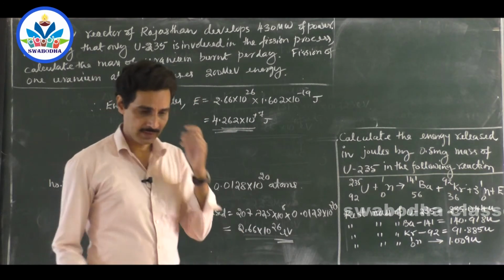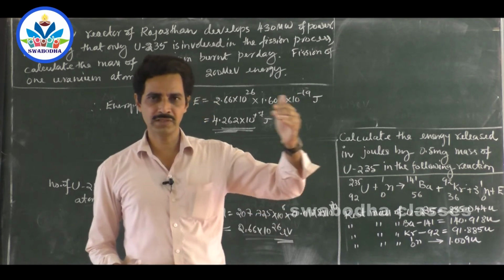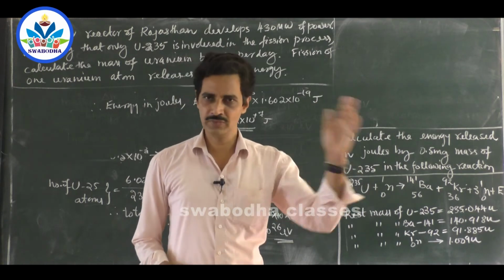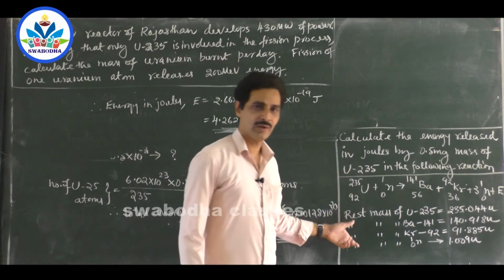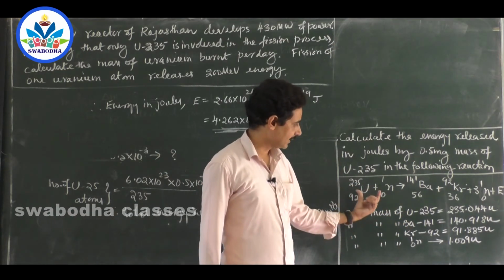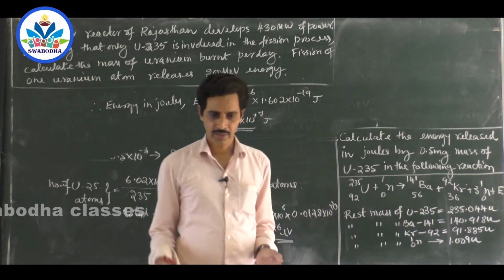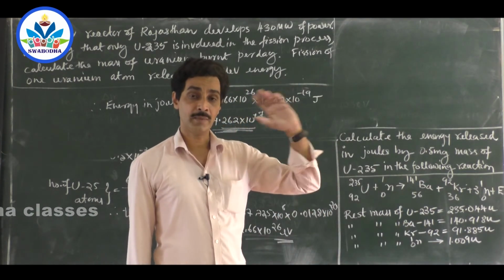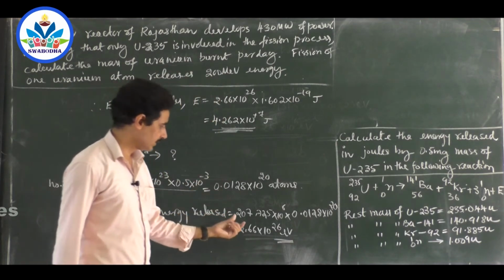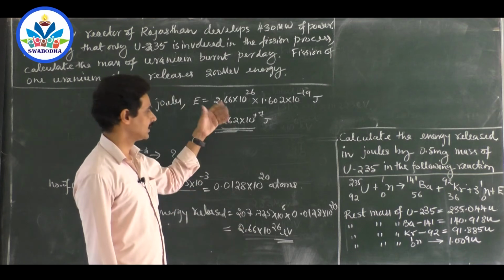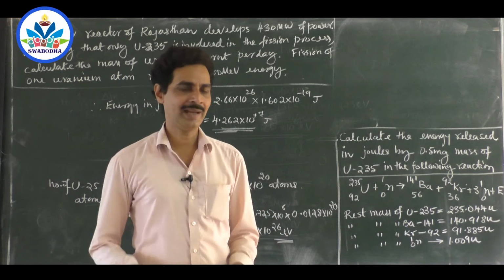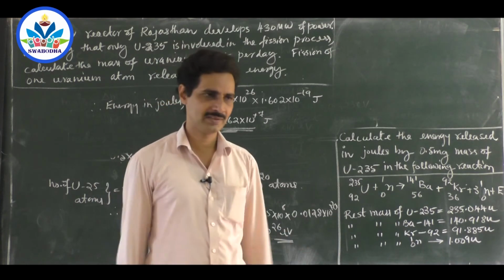So you should have an idea, and you should have a flow chart. What you have to do? See, you are given mass. Find out how many atoms are there, so many fissions will occur. Find out the energy released in one fission. How to do that? Just by calculating the mass of reactants and the mass of product, that difference. Convert it into energy. Then you are ready with the number of fissions. Multiply them. So energy for one fission, then how many fissions can occur? Multiply them, convert it into joules. Process is longer, but actually it is very simple to calculate all these things. Addition, subtraction, multiplication, division, only that much is involved.